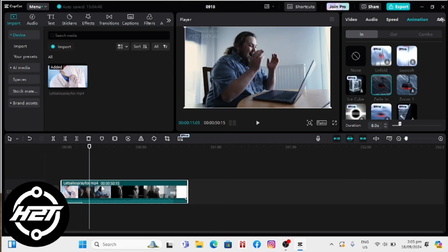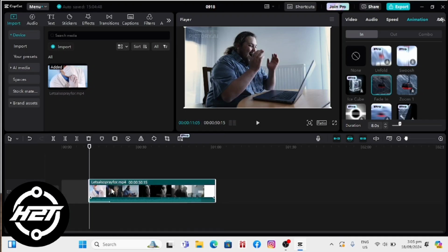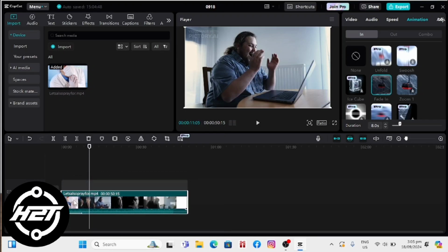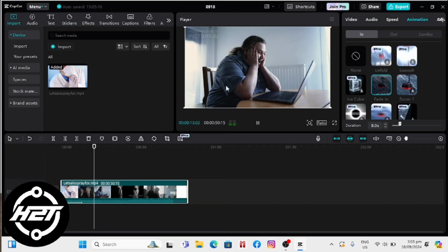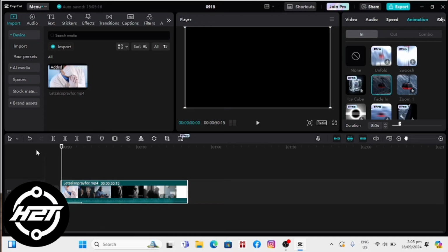These steps make the video fade in from the starting point and fade out from a certain point to the end point. It's simple to fade video in and out on CapCut. Now it's your turn, so follow the steps and apply the fade-in and fade-out effects to your video on CapCut. I hope this video helped you guys.